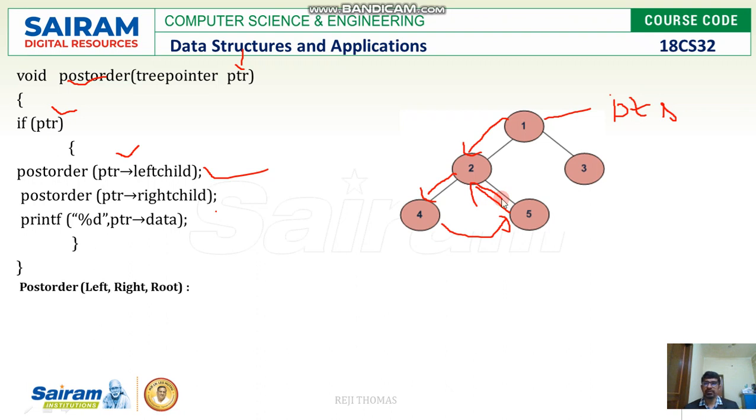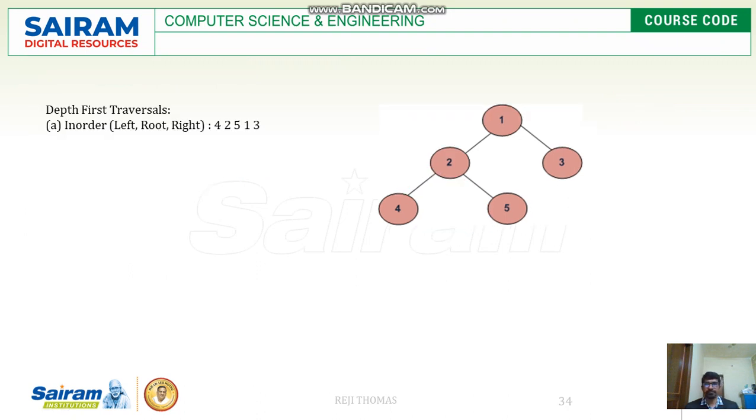When you do this, you are going to get the order as 4. Then you visit 5. Once it is done, you visit the root, which is 2. Then you visit 3 before you visit the root node, then 1. So the order is going to be 4, 5, 2, 3, and 1. If you take the other diagram, you visit 4 first, then you have to visit